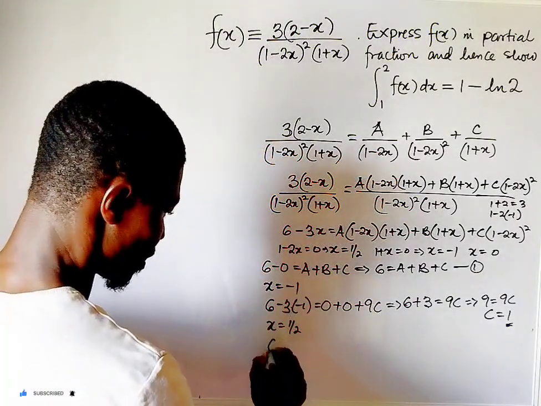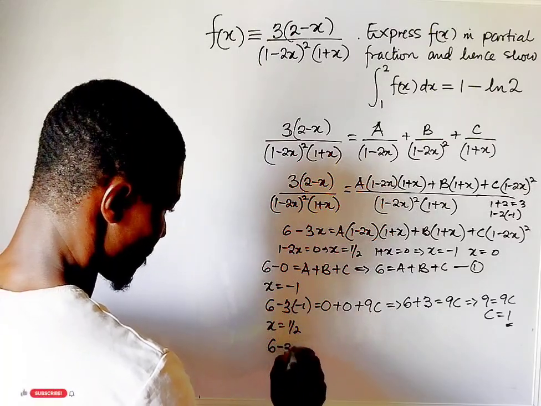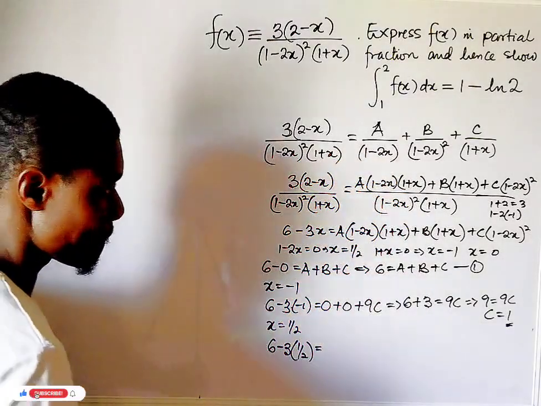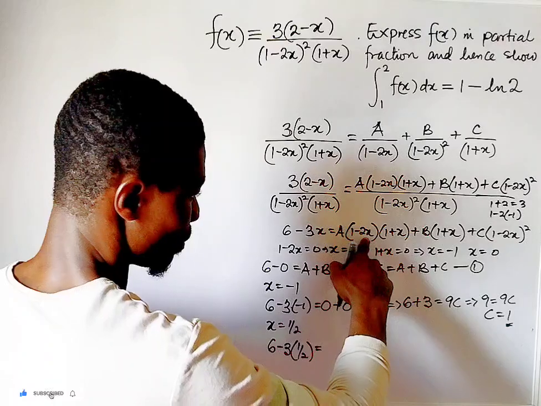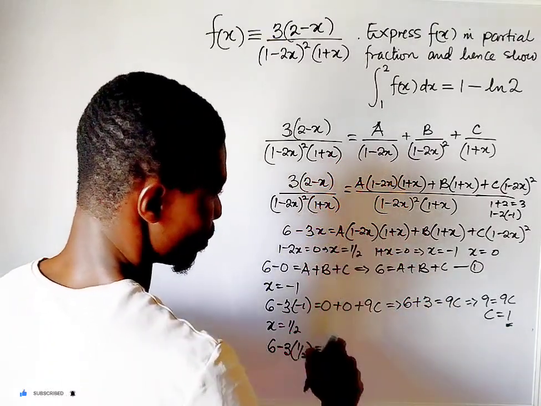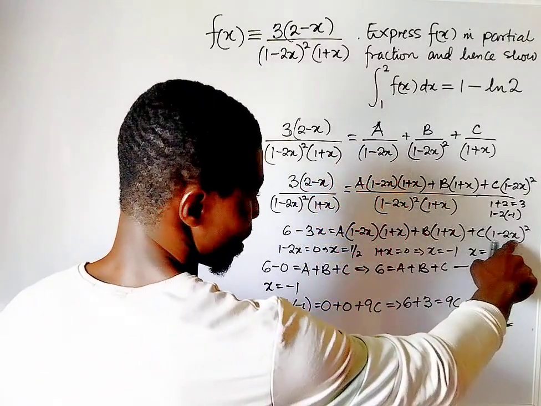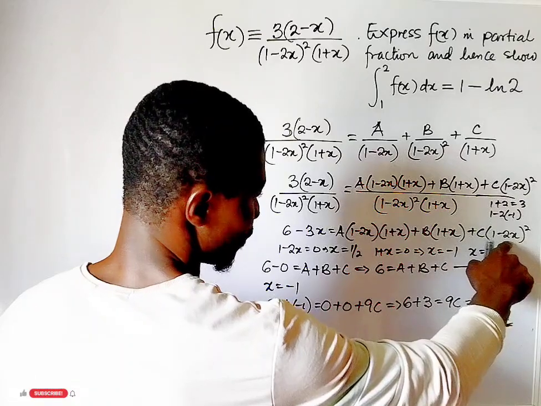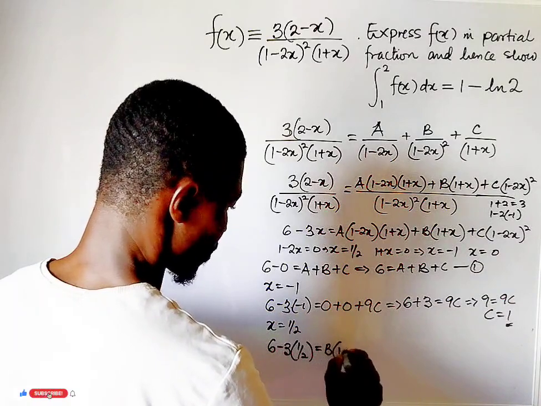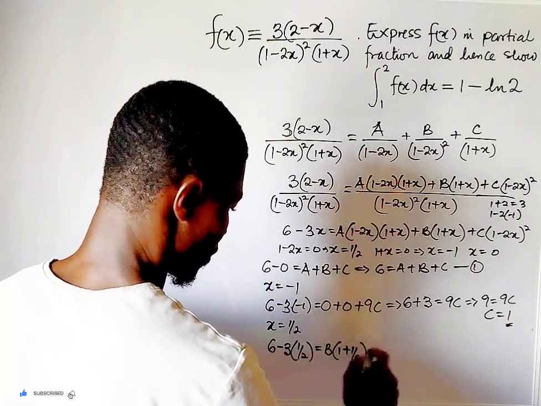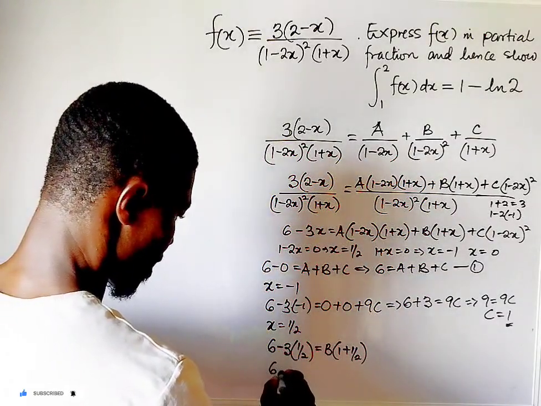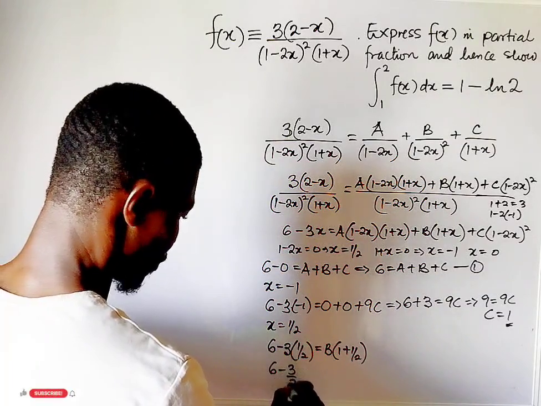For this we have 6 minus 3 into 1 over 2, then equals 1 over 2 here will give us 1 minus 1, we should make this one 0, and the same thing here, put 1 over 2, this one gives us 0. So we are left with b, then into 1 plus what? 1 over 2, which will give us 6 minus 3 all over 2 equals